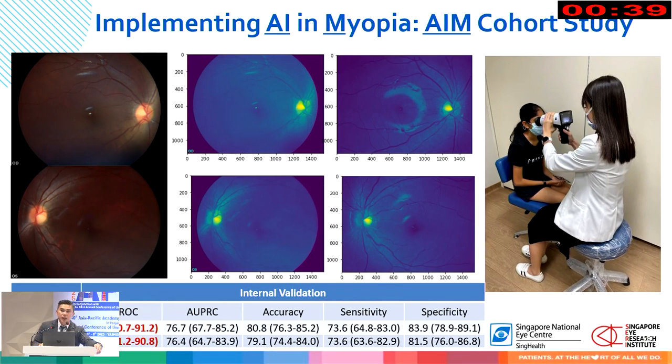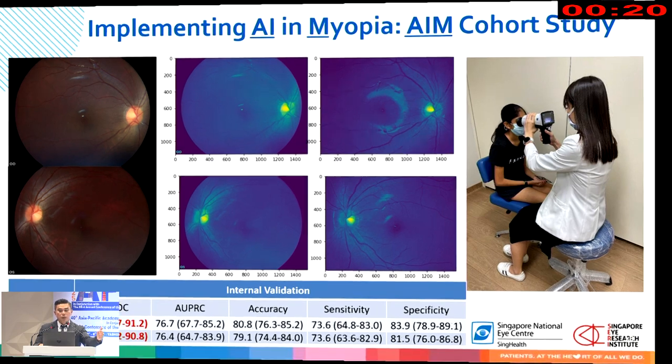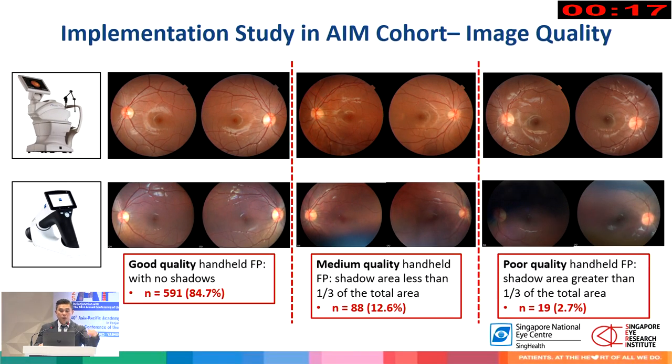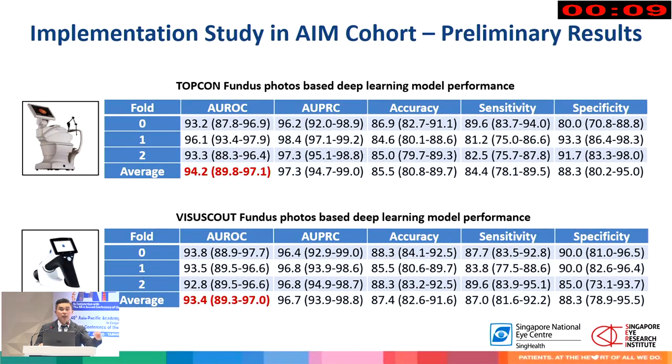We are implementing this AI also on the ground. What we want to know is, can we go to schools and communities to detect which child gets myopia, which child progresses, and of course, lugging a large fundus camera around is hard, and later we will see, I'm sure, other examples of how mobility is very important to implement AI. So we're using portable cameras to check, number one, are you getting good image quality, which is important for the accuracy of your AI, but more importantly, is it accurate in detecting myopia progression, when compared to a gold standard large fundus